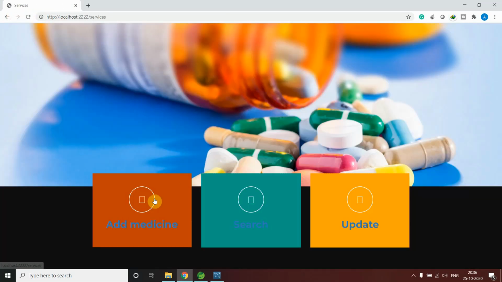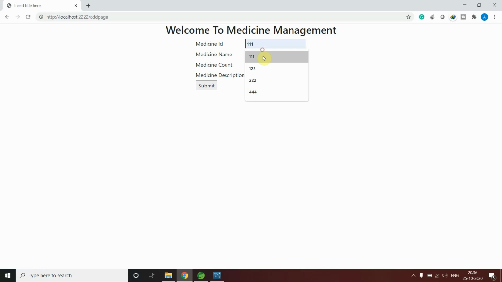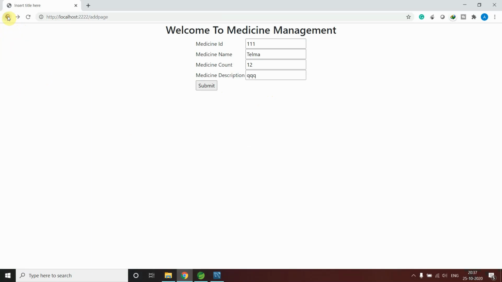Refresh services, add medicine. For that same I have to search. Yeah, existed. If you're able to see here in this corner, this existed, right? Let me add something here. If I say I want to add 123 and the medicine name is YYY, and the count, how much I want to add, one, only one, and this is used in BP. And I say submit.